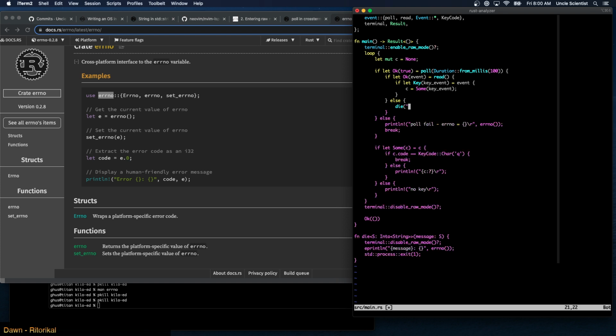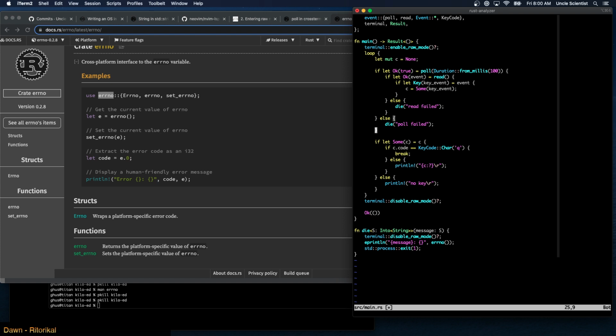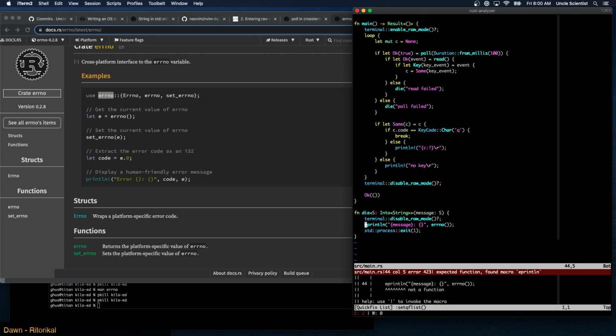We don't need the break. Poll read failed, and this can be die poll failed, right? And this should give us the same. Oops, I forgot the bang. And this, oh,